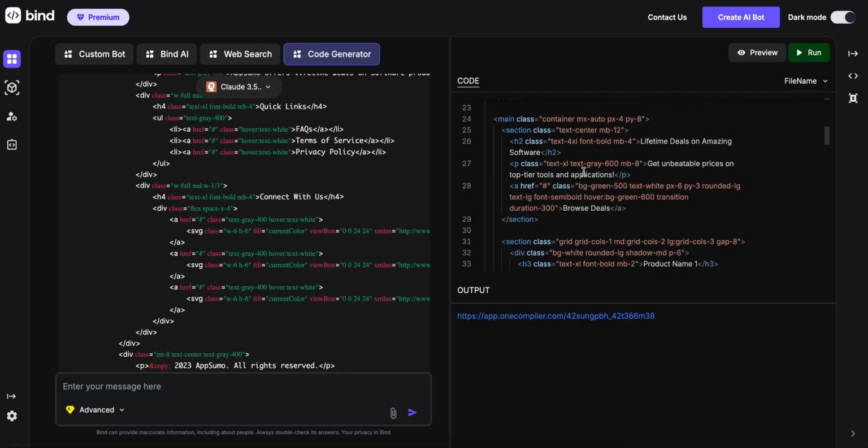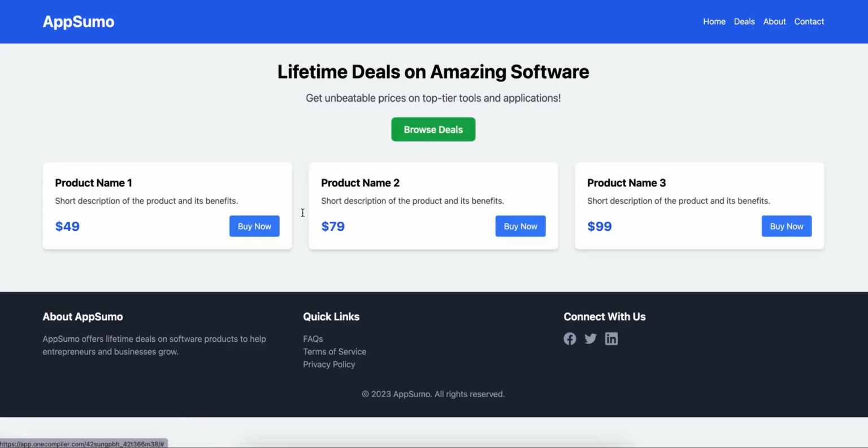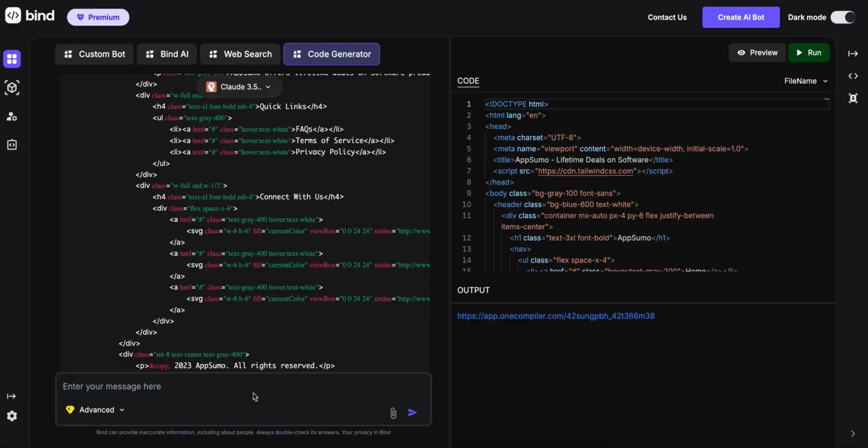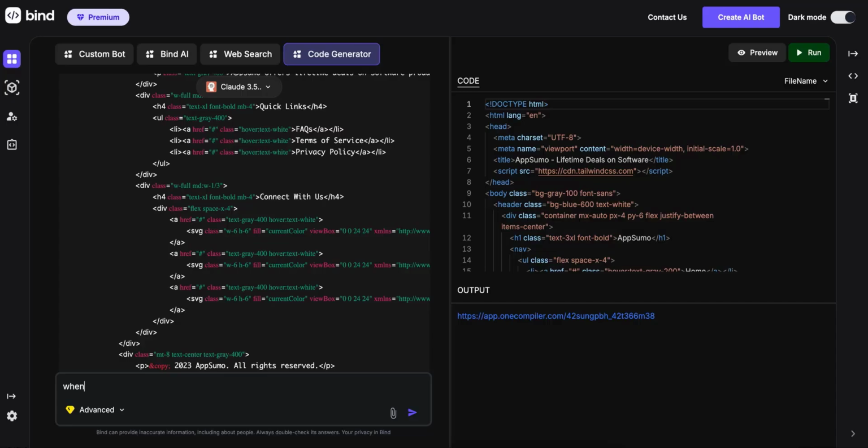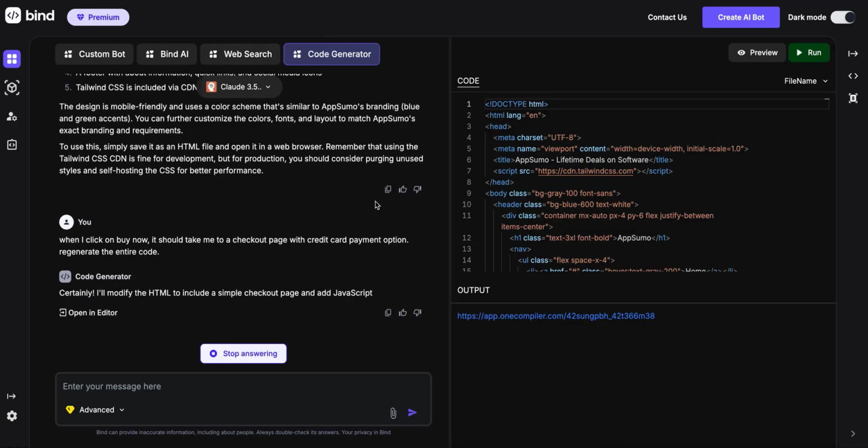I'm gonna hit run, and it's gonna create a temporary hosted preview, and it has created already a web page, and I can give it subsequent instructions, and I can say things like, okay, when I click on buy now, it should take me to a checkout page with credit card payment option, regenerate the entire code. So it's going to regenerate the entire code, and meanwhile I'm going to show you some